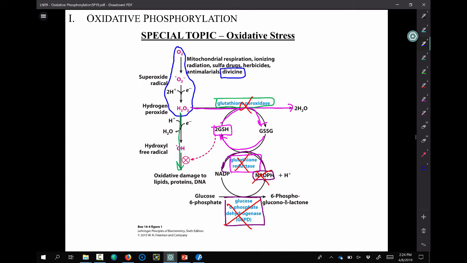So from a physician standpoint, you can order a genetic screen and find out, would this individual have glucose 6-phosphate dehydrogenase deficiency? And that would allow them to understand better how to treat that individual. So that would have been the genetic screen.